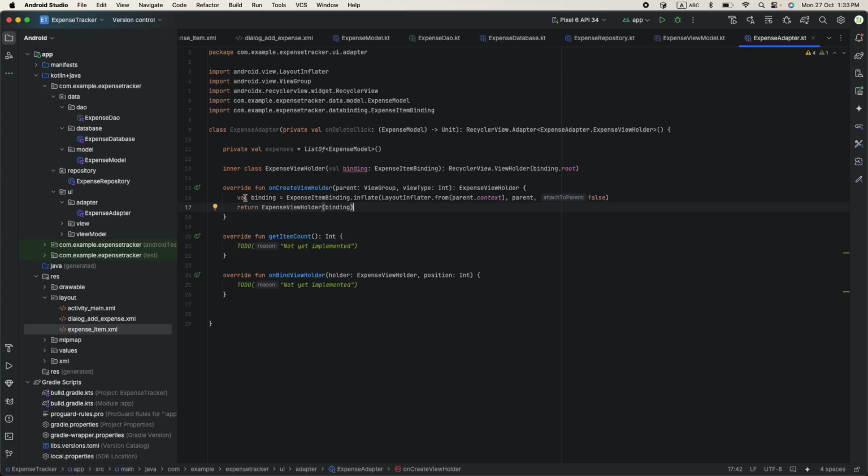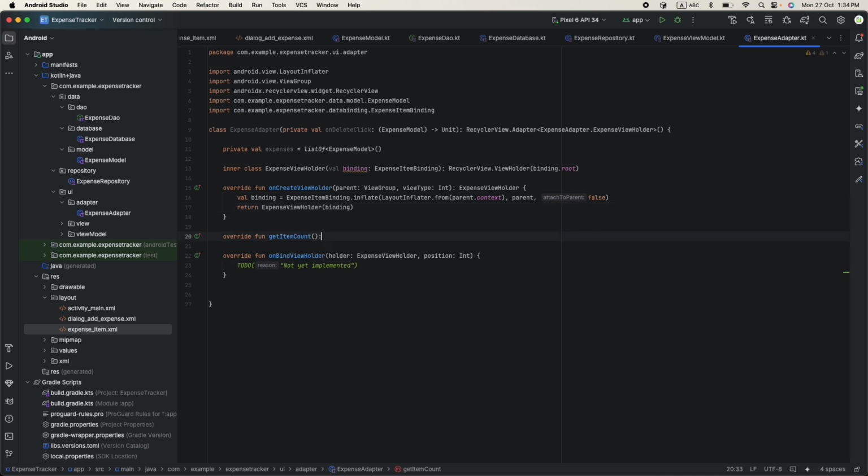We return the expense binding. Okay, for the item count, we just get getItemCount, we can just return directly the expenses.size, and the